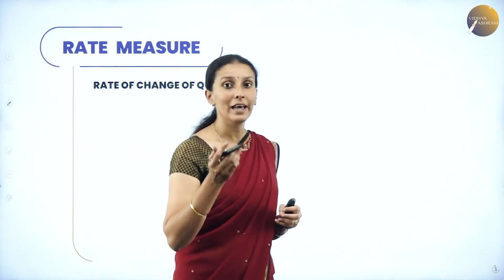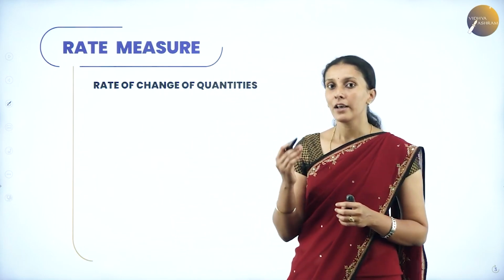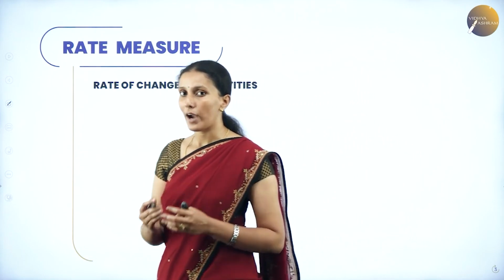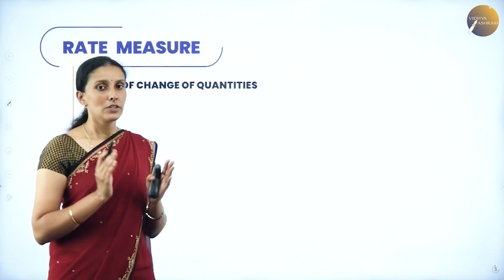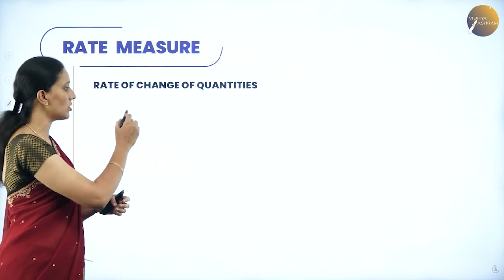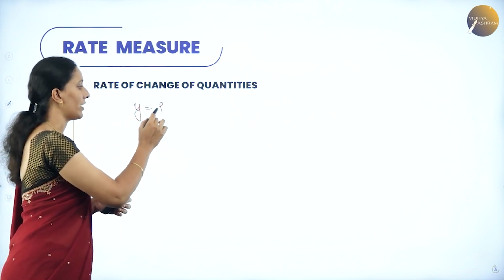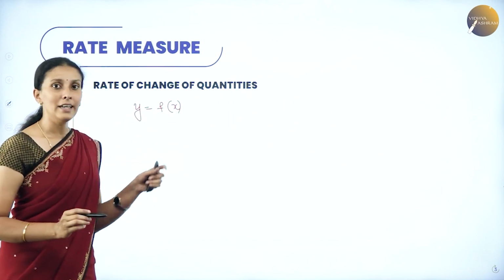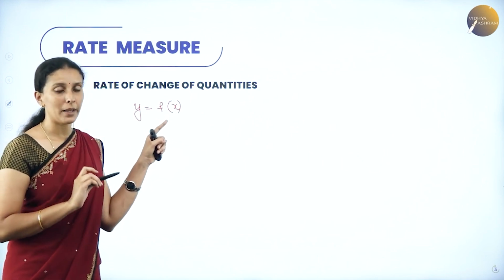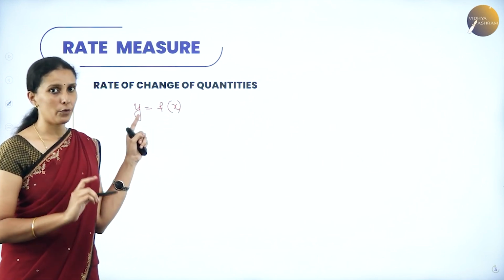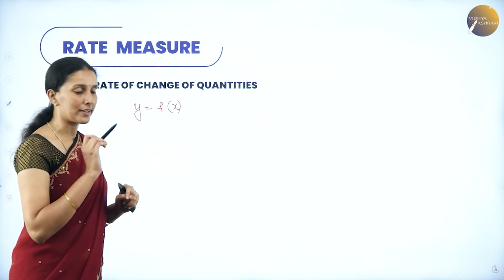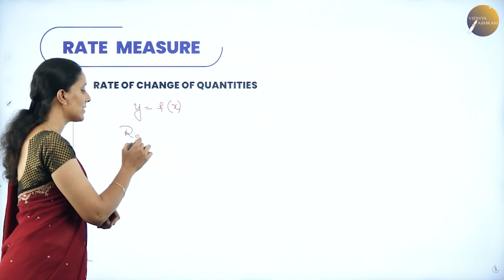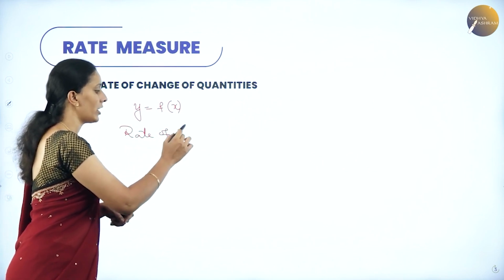What do you mean by rate measure? It is nothing but rate of change of quantities with respect to one variable to the other. So suppose when I write a function y is equal to f of x. Here x is independent variable and y is dependent variable. Thus rate of change of y with respect to x can be written as rate of change of